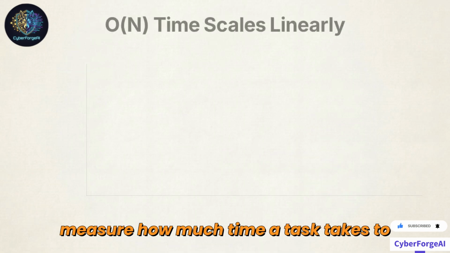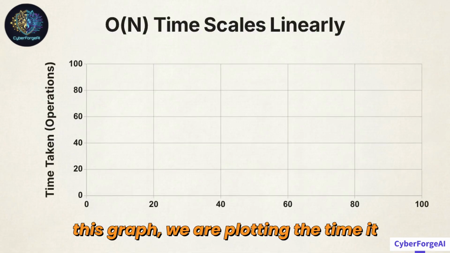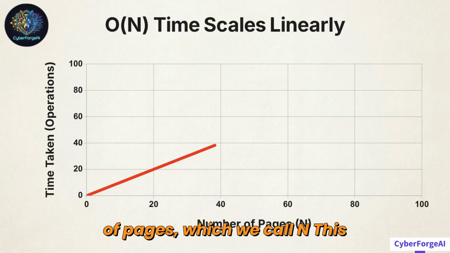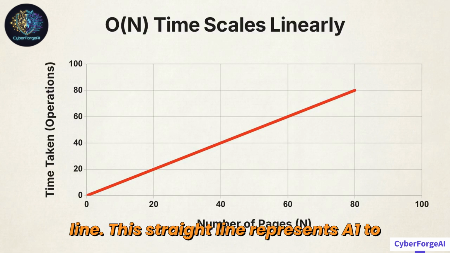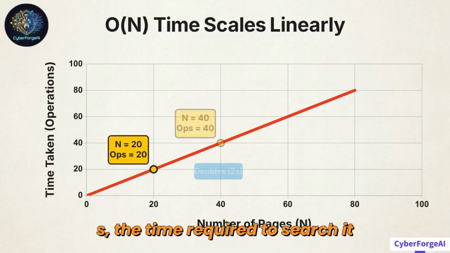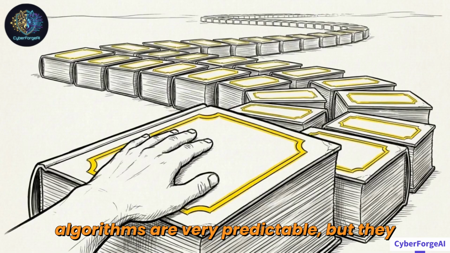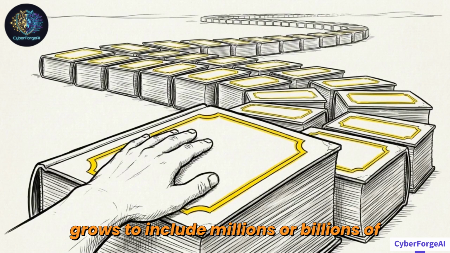To measure how much time a task takes to finish, we use a grade called O of n. On this graph, we are plotting the time it takes to search against the total number of pages, which we call n. This creates a perfectly straight diagonal line. This straight line represents a one-to-one relationship. If the book size doubles, the time required to search it also exactly doubles. These linear algorithms are very predictable, but they become extremely slow when a problem grows to include millions or billions